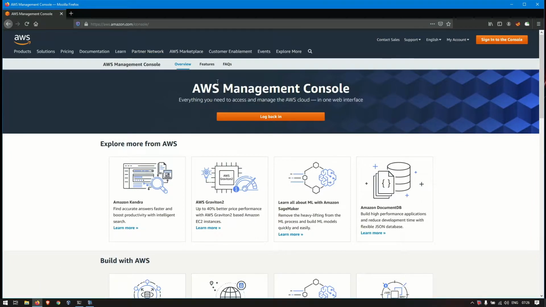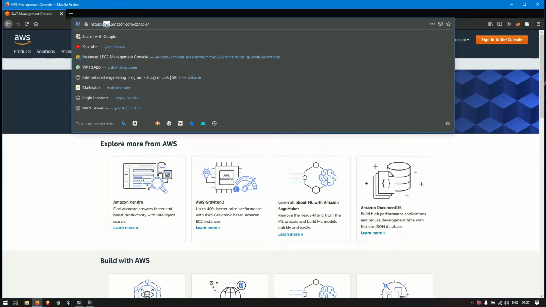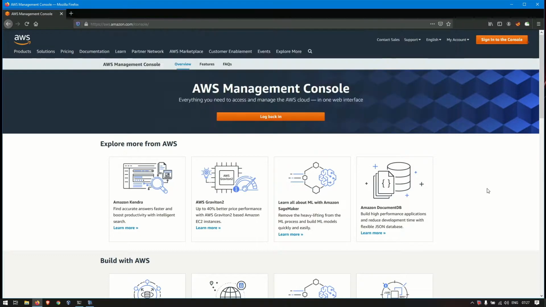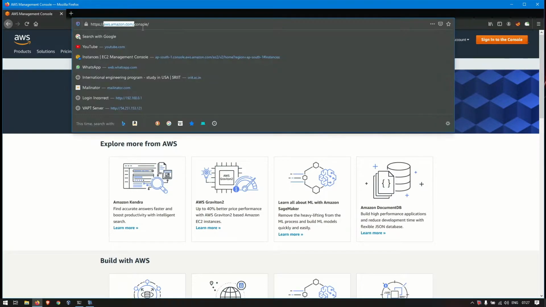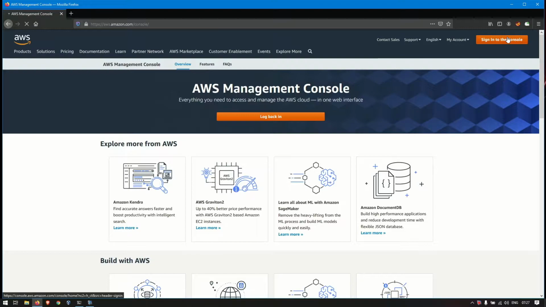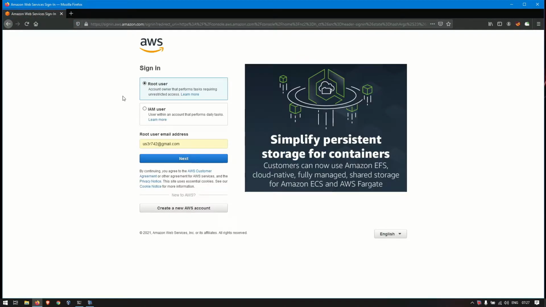For setting up our Ubuntu box on cloud, I prefer using Amazon AWS. You can use any cloud provider you want, like DigitalOcean. I'm going to demonstrate here how you can use AWS because it will provide us with a free box. So go to the Amazon AWS console. This is the link. Sign into the console. If you do not have an account, sign up and thereafter just log in.